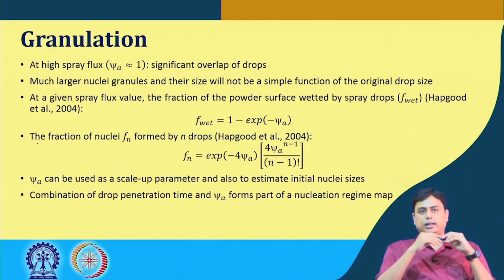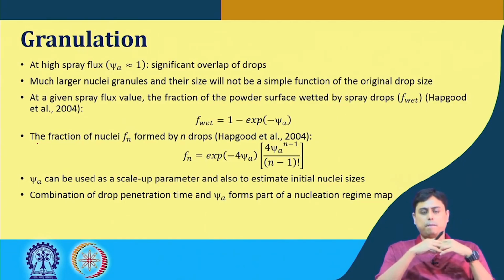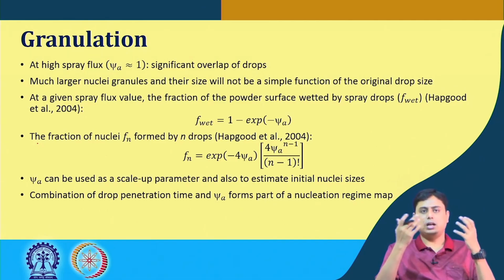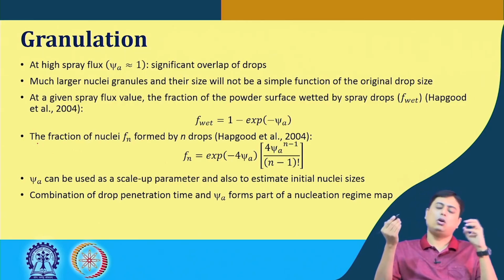At high flux rate, there is significant overlap of drops that results in much larger nuclei granules, and their size then would not be a simple function of the droplet diameter or the droplet size,